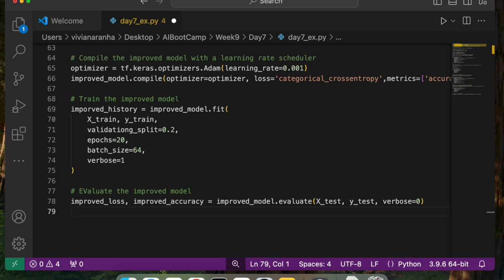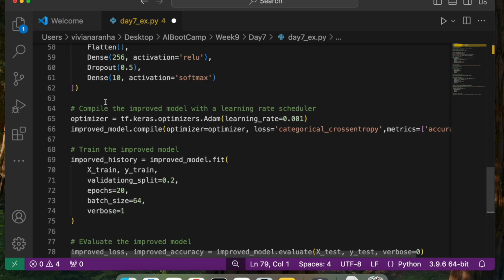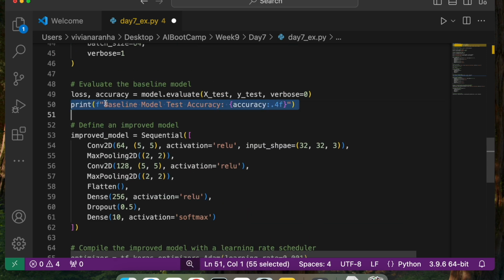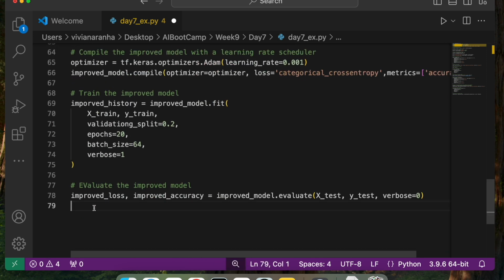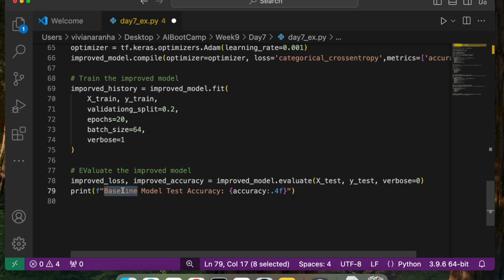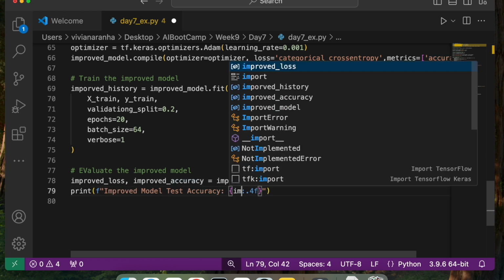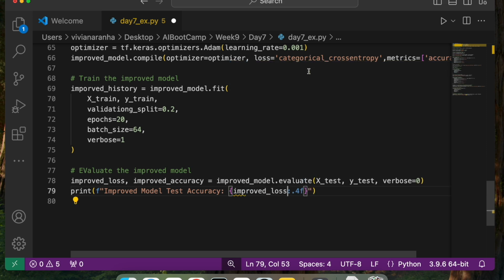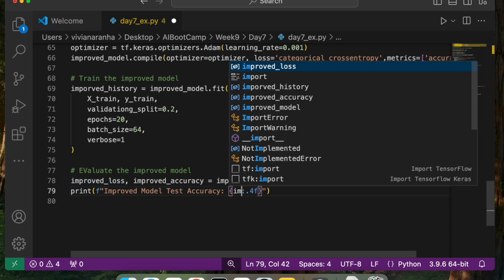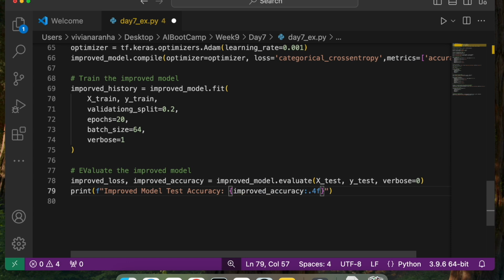And then now I can go ahead and print the same thing. This is the baseline model. Now we have improved model test accuracy, and this is improved_accuracy with .4f. So that's perfect.